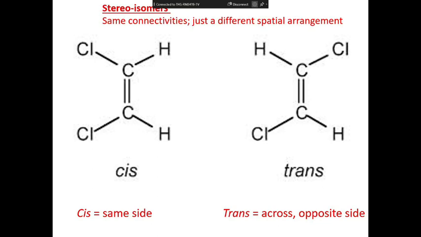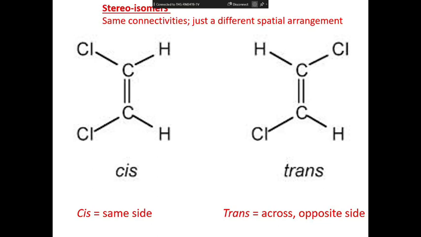So when you have single bonds, don't worry about cis or trans isomers. Turns out it's really crazy. Triple bonds also can rotate, but double bonds are the only ones that are locked into place. So to have a cis or a trans stereoisomer, you have to have a double bond, and then you have